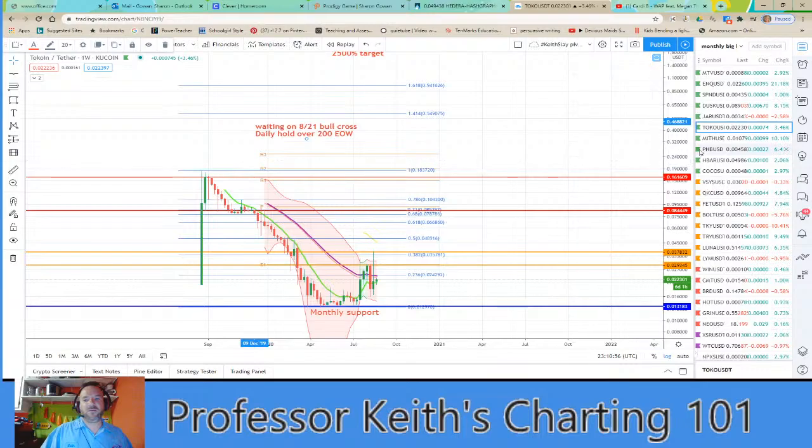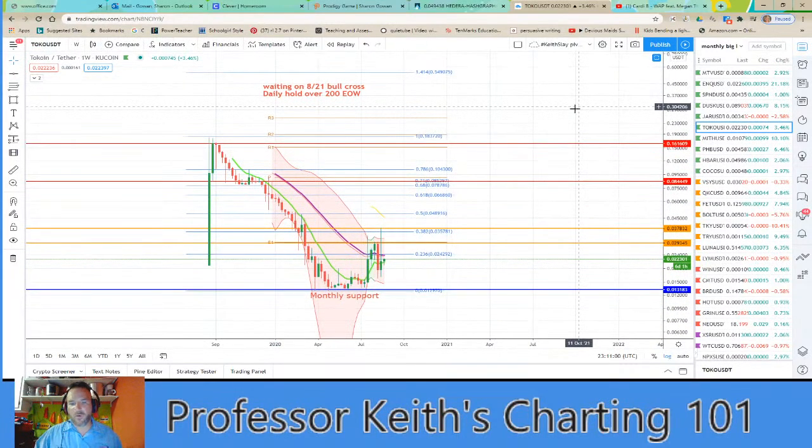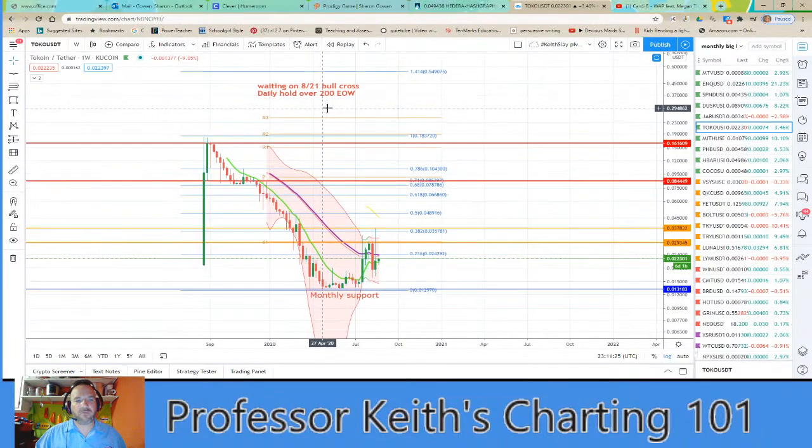But as you see, me and Darth was talking about this, and we're only going to make Toko a 1 once the 8 crosses the 21 right here, on the weekly. We talked about that one. Once the 8 crosses the 21 and it moves into a bull move, it'll probably cross the 236, hit this resistance line down here, S1. It hasn't broken it. Bounced off of S1 right here. Once it crosses this, that's the signal to buy on Toko.